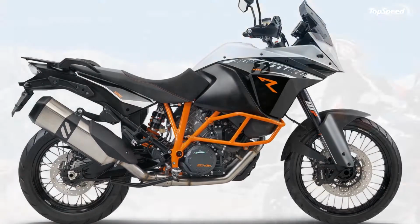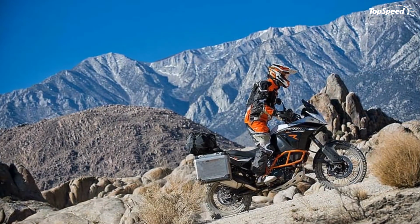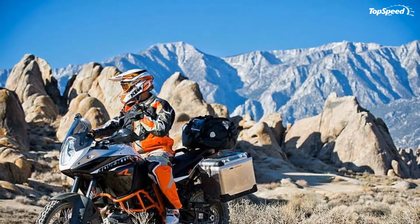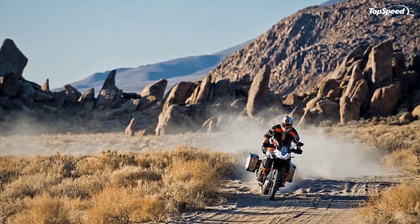The 2014 KTM 1190 Adventure R. KTM revealed the 2014 1190 Adventure R. The new model year keeps all the core values of its predecessors, featuring an unstoppable character, faultless ergonomics and a